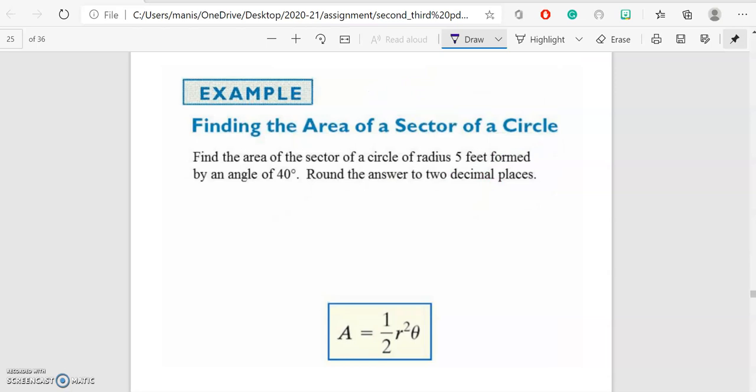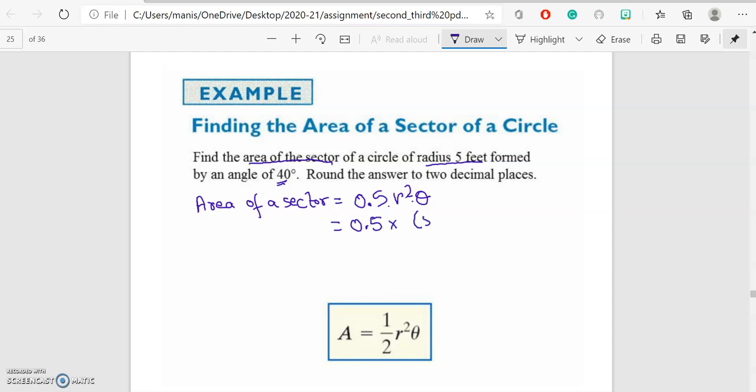Question number 1 says find the area of the sector. So we have to find the area of the sector of a circle. Step number 1 is you will write the formula to find the area of a sector of a circle. So your formula is 0.5 r square theta of a circle of radius 5 feet formed by an angle of 40 degrees. So what I will do is 0.5 times r square, this is my 5 square, times theta, my 40